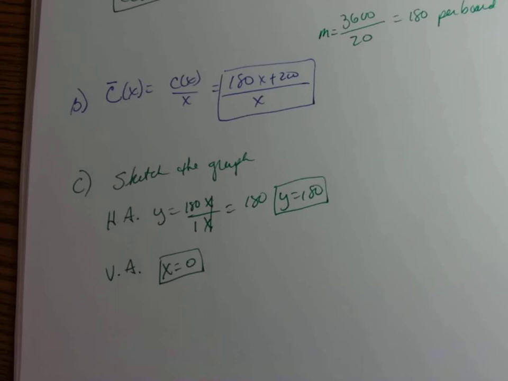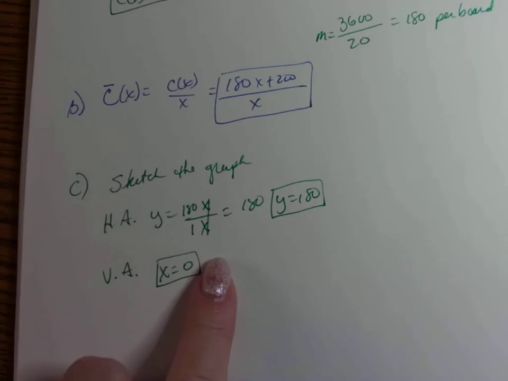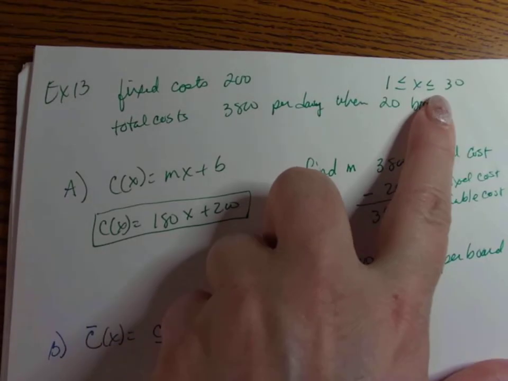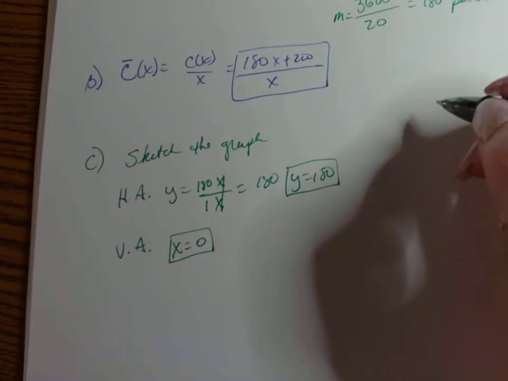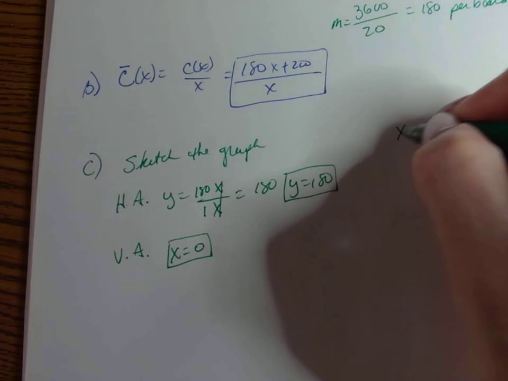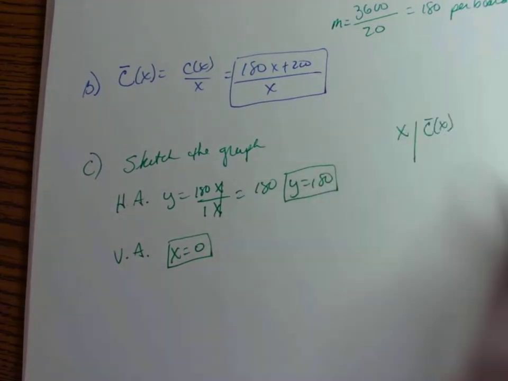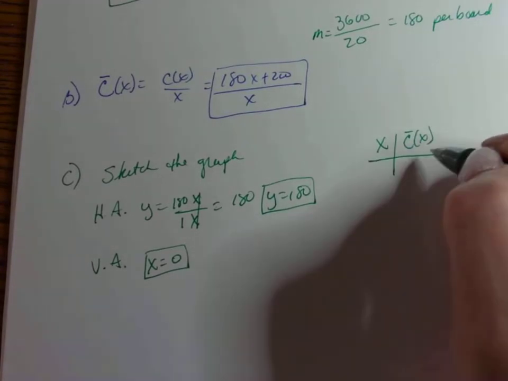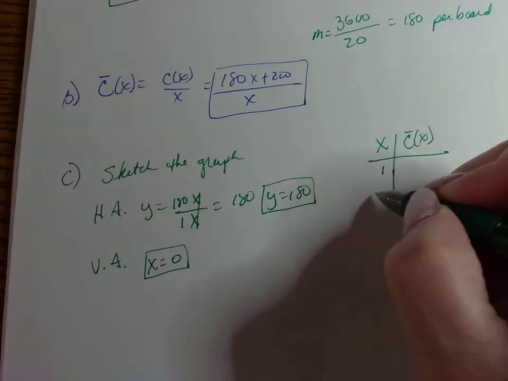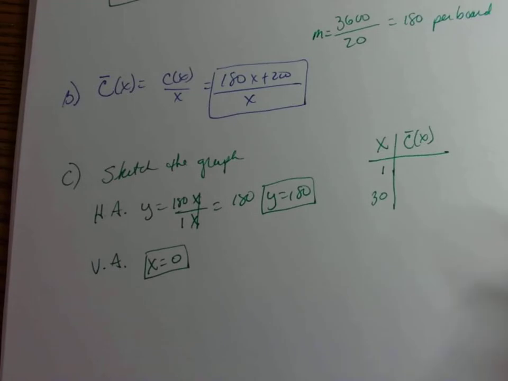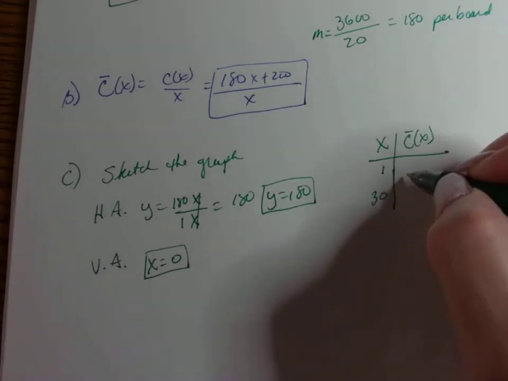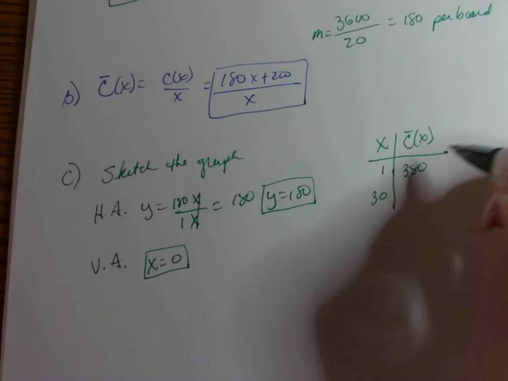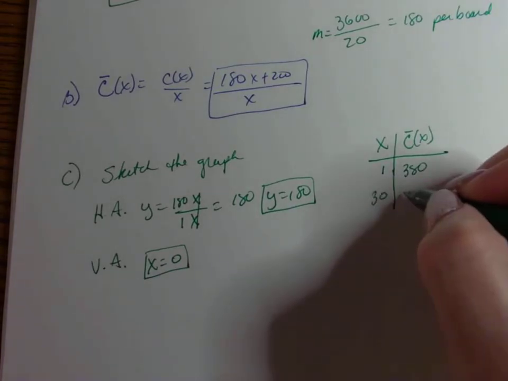All right, so we've got to have some kind of points. We know the asymptotes, but we don't really know a whole lot more. We know that our values go from 1 to 30. That's our domain right there, 1 to 30. So let's find some values. We have x, and we're going to do C bar of x. So I'm going to put that instead of just y. So we're going to use the 1 and we're going to use the 30. When I plug 1 into our equation, we're going to get 380, and when I plug 30 in, we'll get